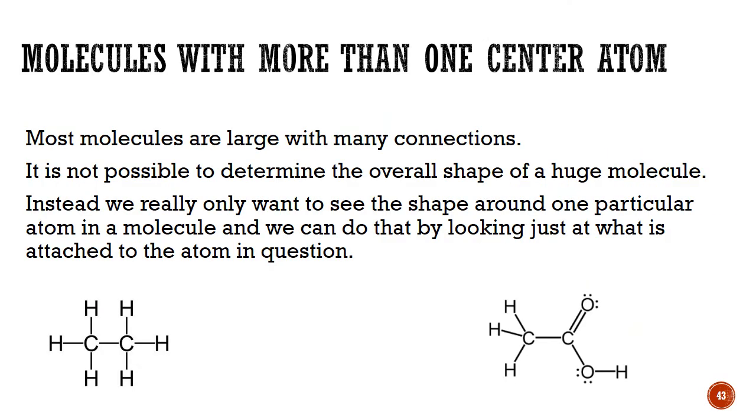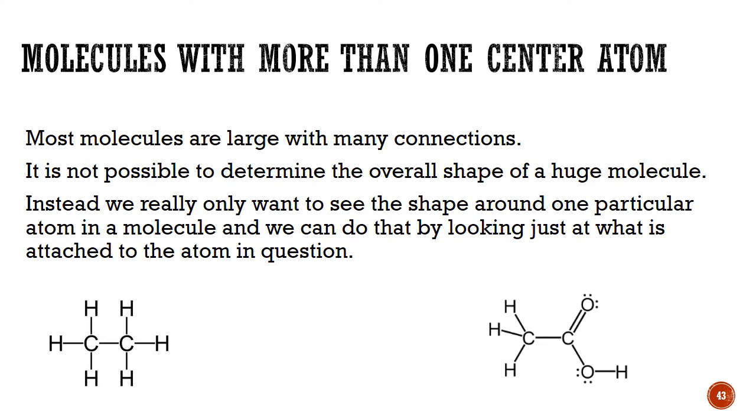All right, now, most molecules, of course, are large and they have lots of bonds. Sometimes, I'm not going to get anything real complicated, but sometimes you'll have a molecule that has more than one center atom. It's not possible to determine the overall shape of a huge molecule. What we want to do, if I gave you one of these molecules down here and I said, what is the shape? You would actually have to look at each possible center and say what that